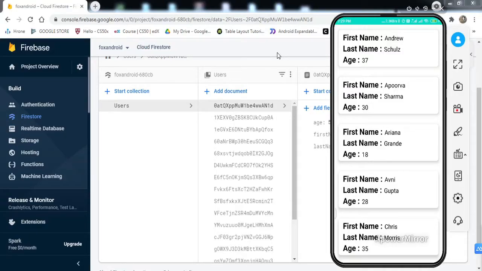So in this video we're going to learn how to fetch the data from the Firebase Firestore to the recycler view of our Android application using Kotlin as the backend language, right? I already have a video on this topic, but in that we have used Java as the backend language. So if you want the tutorial with the Java language, you can just check out that video as well by clicking on this I button.